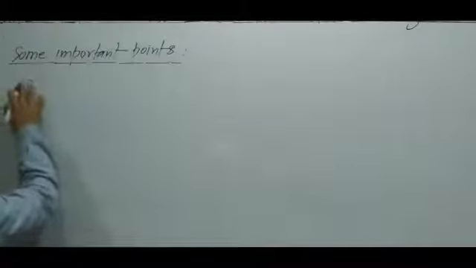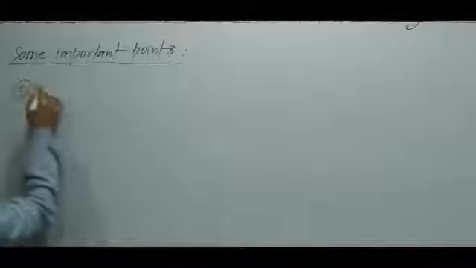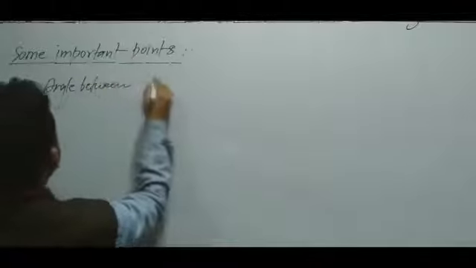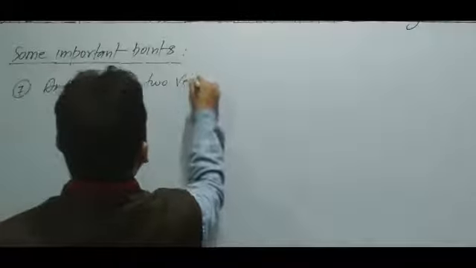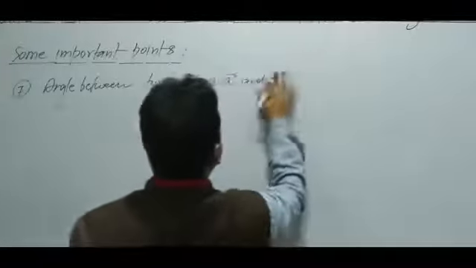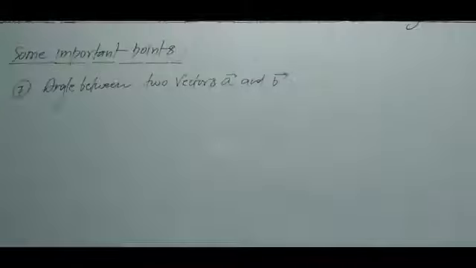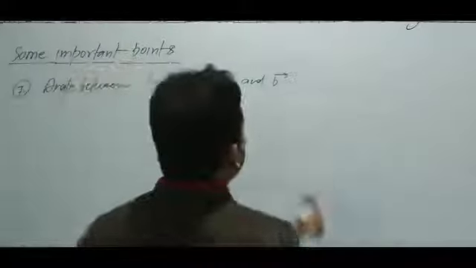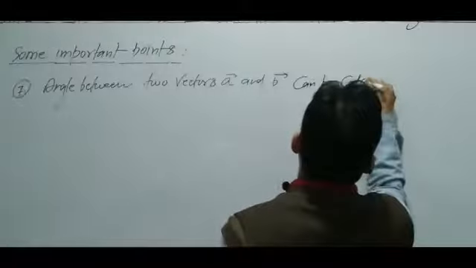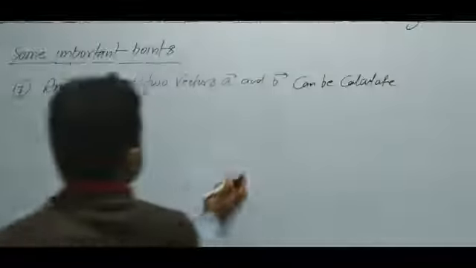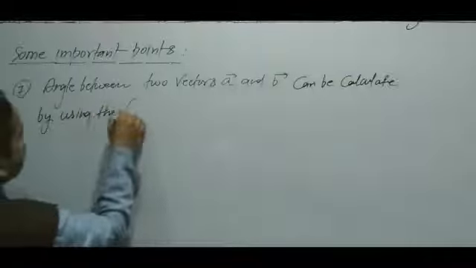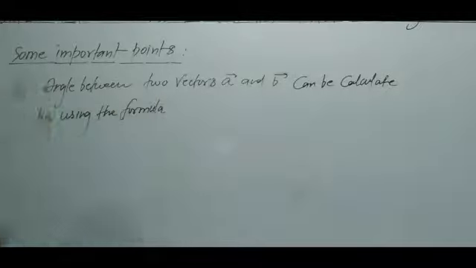The angle between two vectors A and B can be calculated by using a formula, and the formula is: